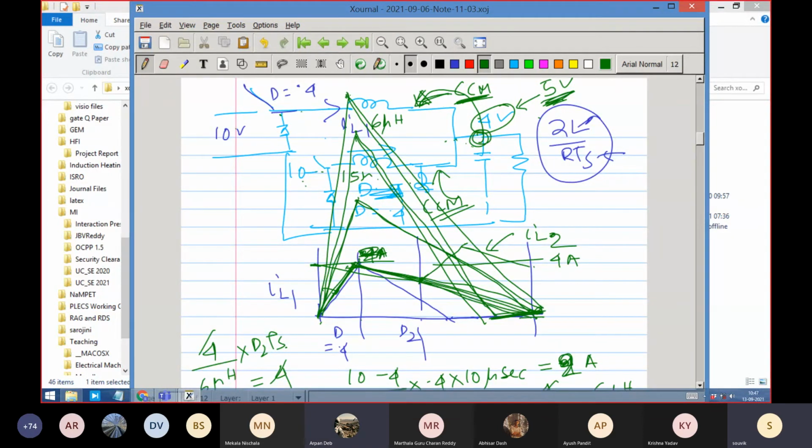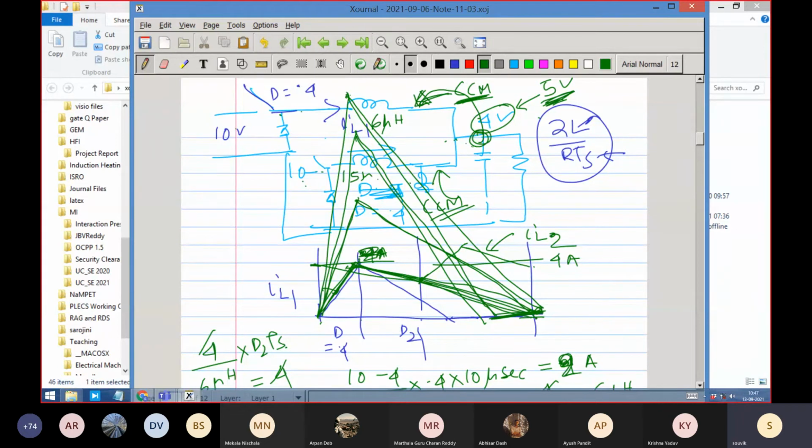So the moral of it, yeah, tell me. Yeah. So basically, if one of the inductors is in continuous mode, the D2 of the other inductor will adjust itself so that it also comes into continuous mode, right? Yes. Only thing is that the current will start from 0 and end at 0. It will not have any pedestal value. That is what will happen.